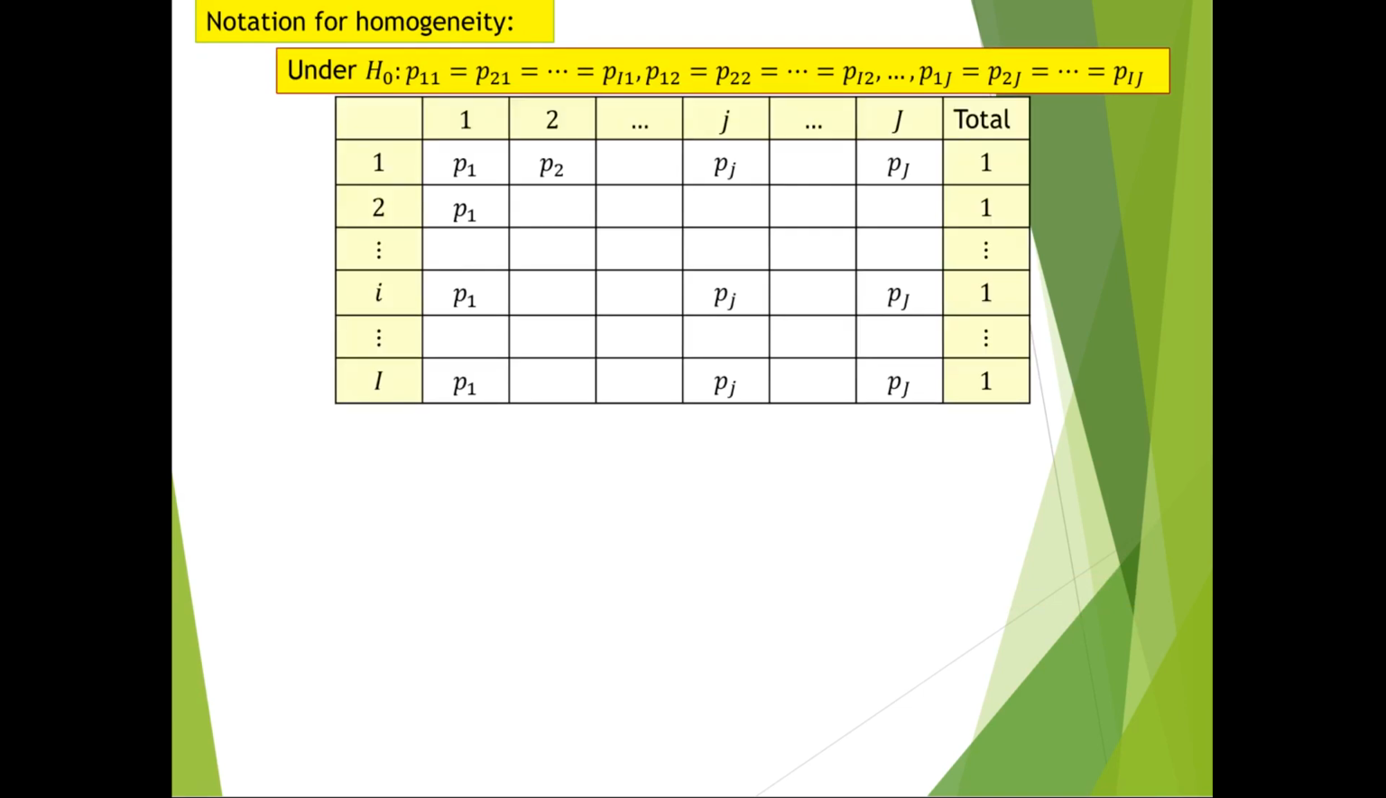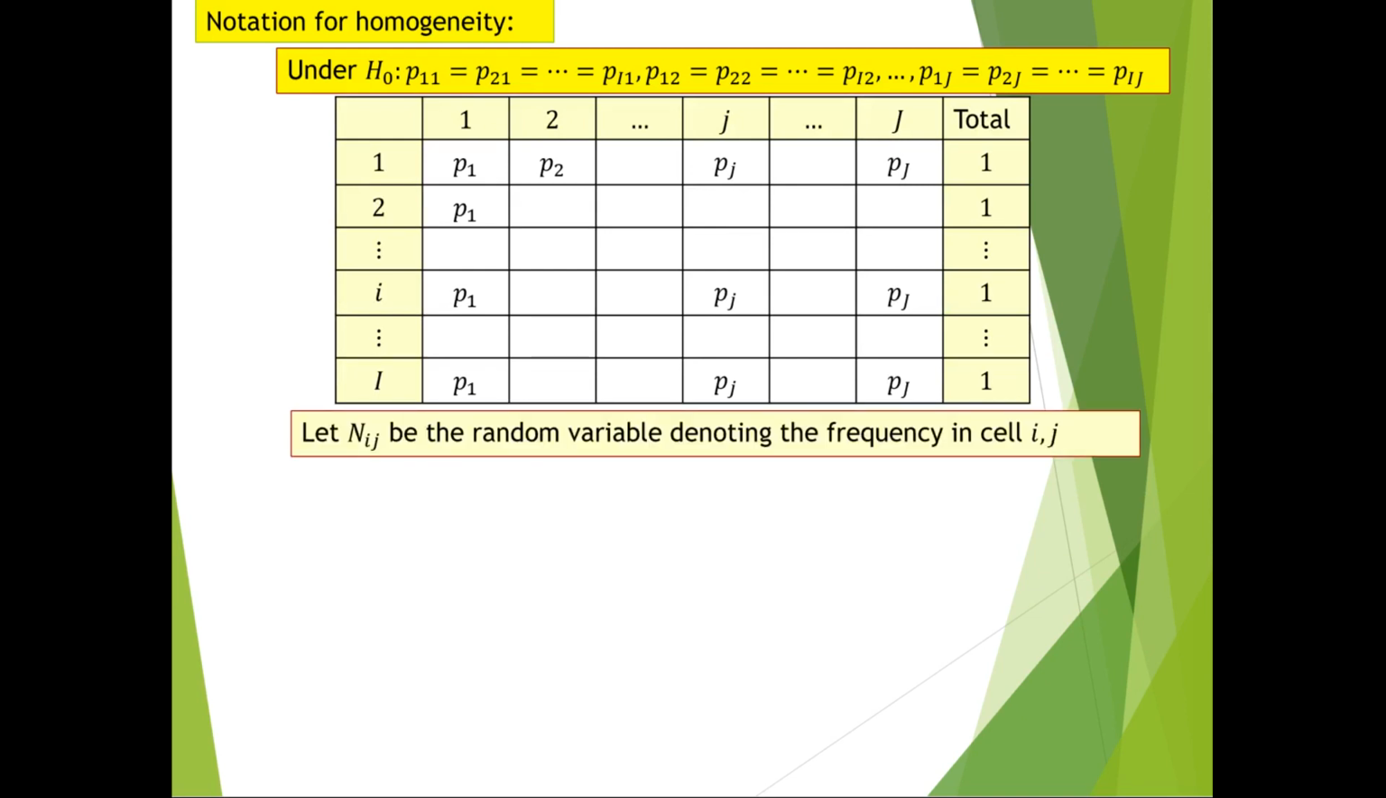it means that if we have a contingency table, and this is what we want to test, we need to estimate the proportions in these categories. Now, let the random variable, capital letter N, subscript ij, be the random variable denoting the frequency in cell ij. So that is for the ith population, the jth category. Then